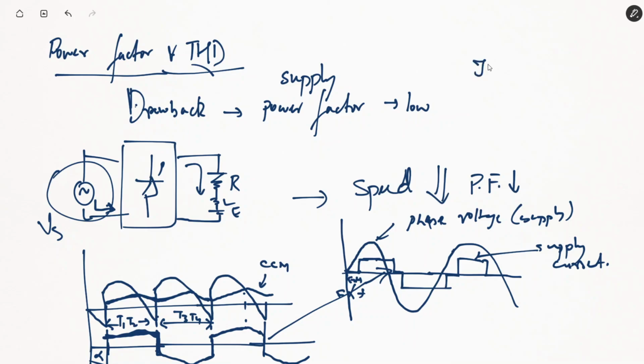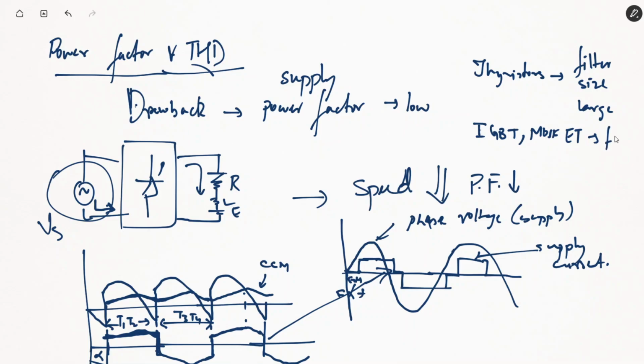So with thyristors, filter का जो size है that is very large because it's operating at the normal fundamental frequency of 50 hertz, while high frequency switches like IGBTs, MOSFETs, etc., they are operating at higher frequencies, so the filter size is small. Fine. So we cannot make any adjustment in the power electronic circuitry. We cannot change the firing angle necessarily. We can make wide range of control चाहिए. So we cannot change the firing angle.